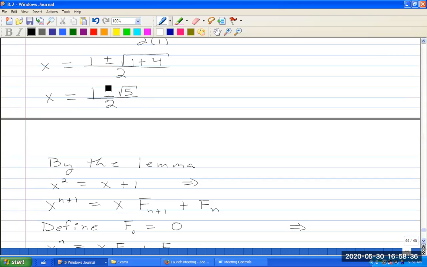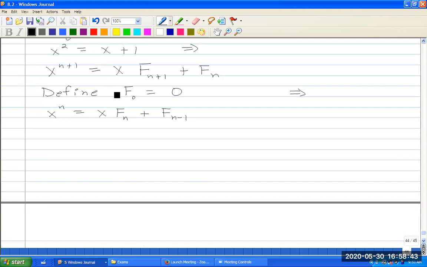Let me put the plus minus a little higher. Since I know that this is one of my solutions, I have that 1 plus rad 5 over 2, to the n,